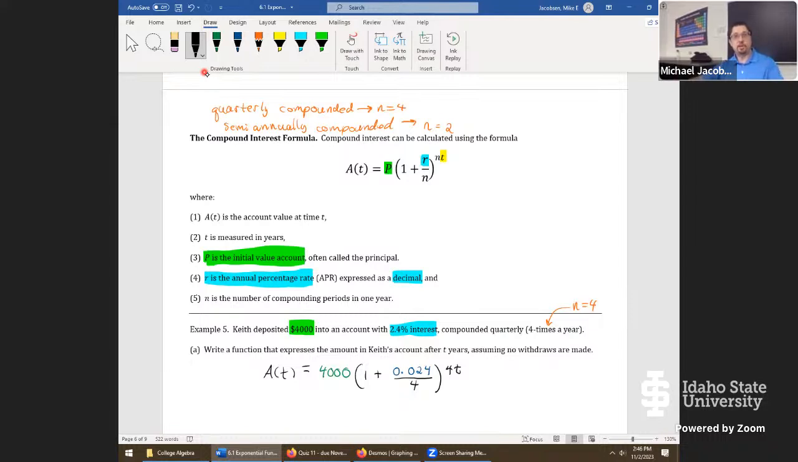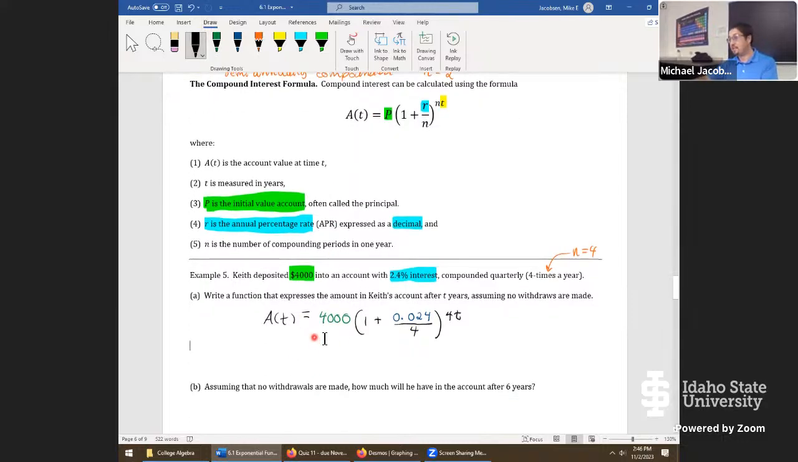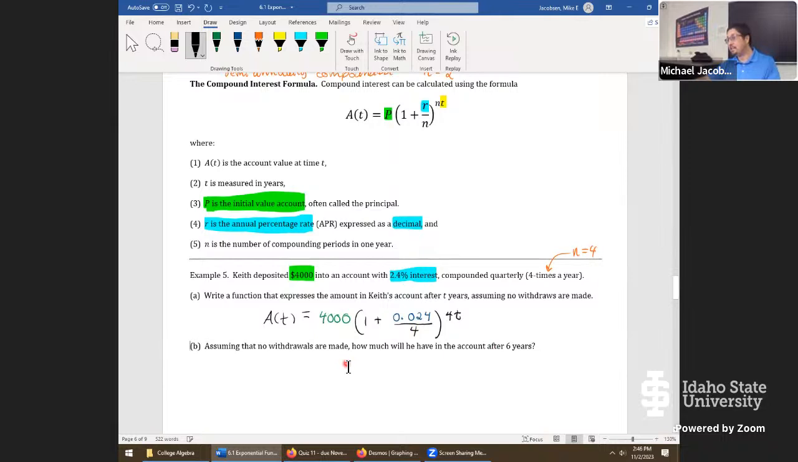Okay, then the follow-up question. These are actually pretty fast problems. It's more just being familiar with the formula that gets us through them. Follow-up question says in part B, assuming no withdrawals are made, let me fix that thing there, how much will he have in the account after 6 years? So we can write out amount at time 6, coming from the 6 years,